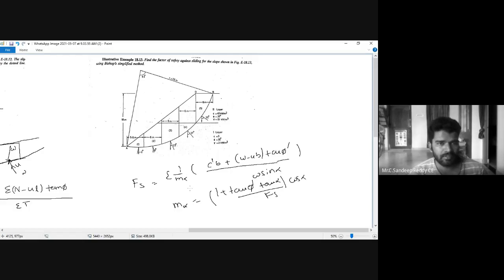These all we solved. Very simple problems, right? So I hope these problems are enough for you to prepare for the end exam. And most of the topics also we have covered under this stability analysis of slopes. Right, now this is the end of the second unit. We have finished, and then we move on to the next unit called earth pressure theories.